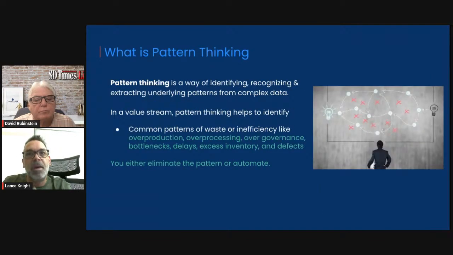So I wanted to introduce pattern thinking. And one of the things I found interesting as I started to decouple this is these patterns exist, a lot of them, in every software development delivery area. You can take a look at how they've solved the pattern, and they might have too much governance. And I can tell you, if they have too much governance in one area, they're going to have too much governance in others throughout the organization. So you start seeing these patterns. It's very interesting when you start to look deep into this stuff.